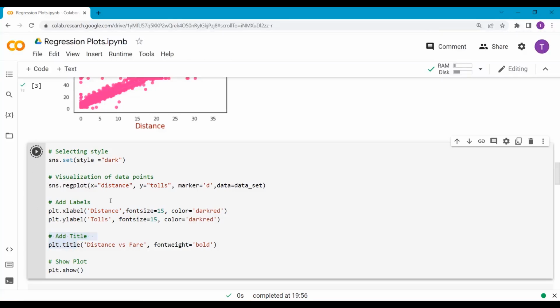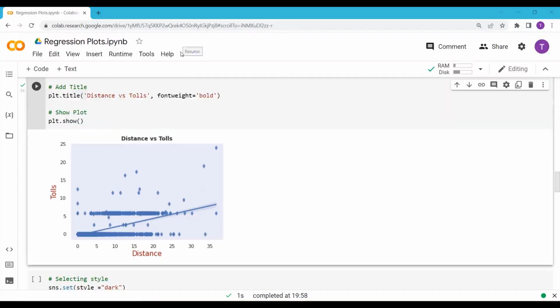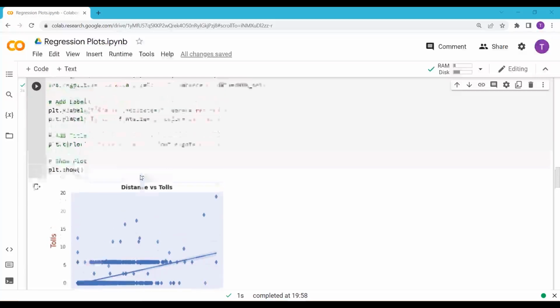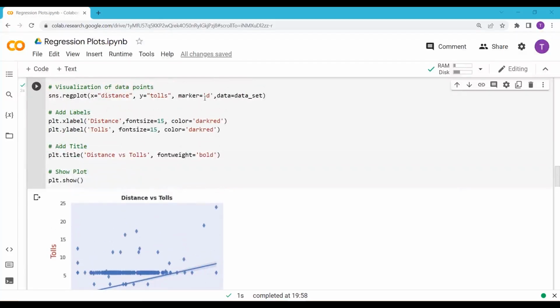Now I execute this cell again and show you the output. So here you can see that the y-axis represents the toll, the x-axis represents the distance, and this whole plot represents the distance versus toll. And here we have a regression line. You can see that we have a translucent band with a small width, but it is visible lightly. And you can notice one more thing, as I have passed the marker keyword argument and set it to d, now these marker points or the scatter points are represented in the shape of a diamond